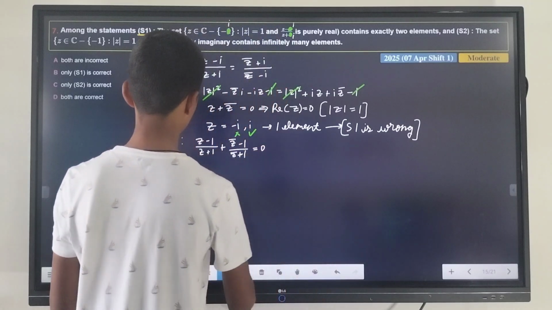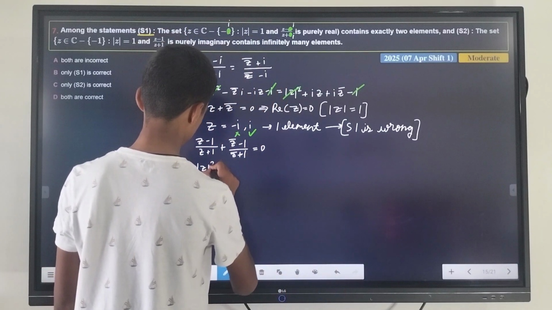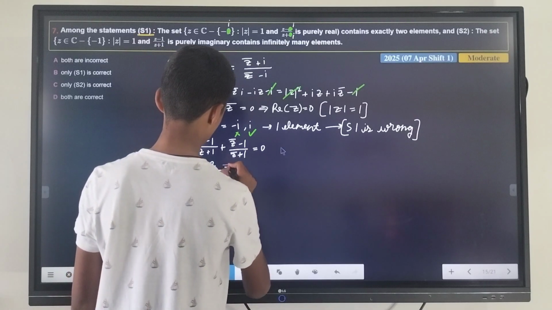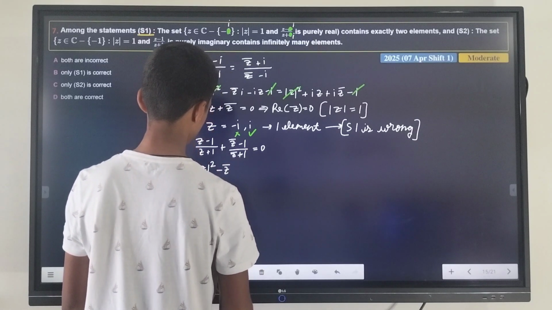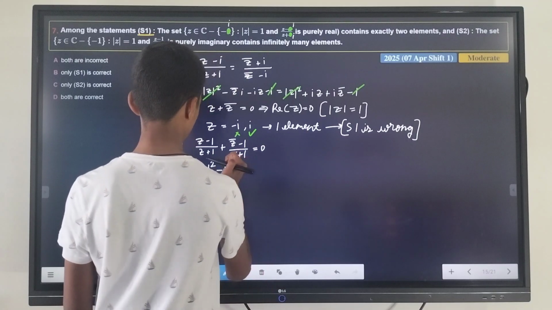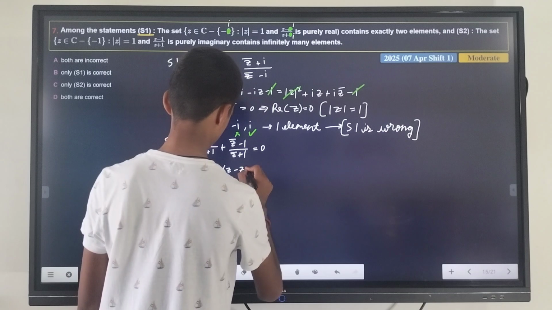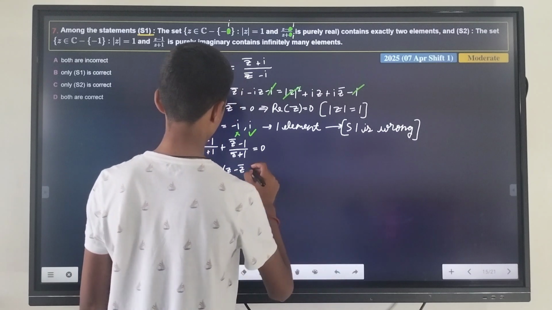On cross multiplying, we will get mod of z whole square minus z bar plus z minus z bar minus 1